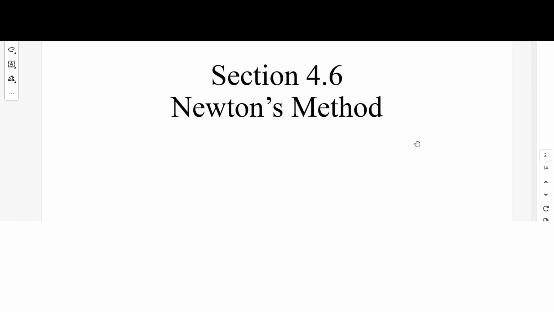Section 4.6, Newton's method. Let's say you have a situation like this. You would like to find the value of the square root of 5. What is that? We know for sure the value of the square root of 4 is 2, and the square root of 9 is 3. But to find the value of the square root of 5 without using a calculator,